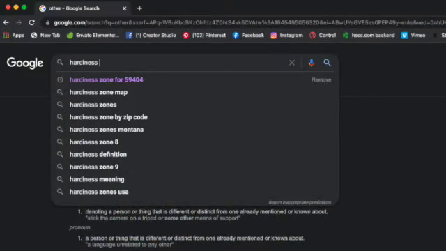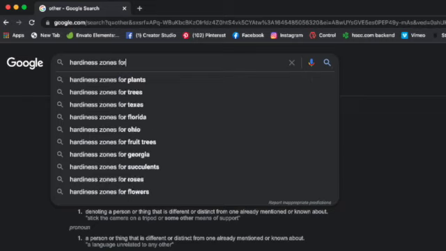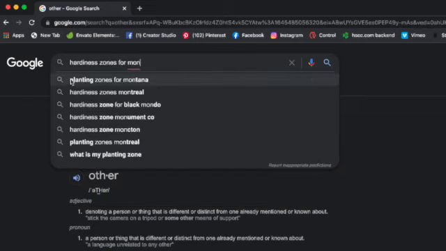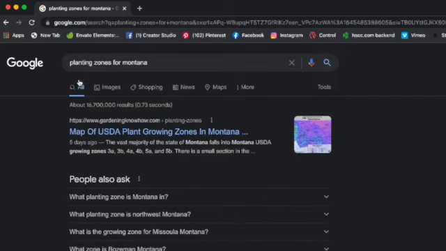So to tell your zone or your first and last frost date, all you do is Google that. Google your average first frost, average last frost, or your zone, and then put in your zip code, and you'll know exactly when those dates are. What I like to do is put them in a journal and refer back to them every single year so that I know exactly what we have to work with. Usually I forget those times every year, so I have to have them written down so they're quick and easy for me to look at in my garden journal.